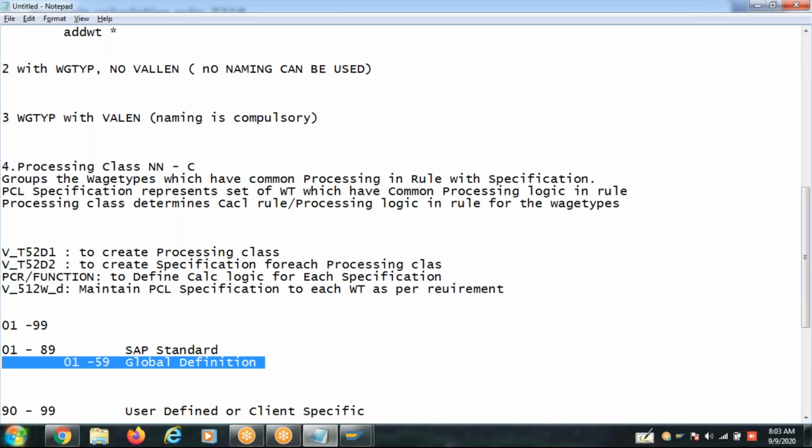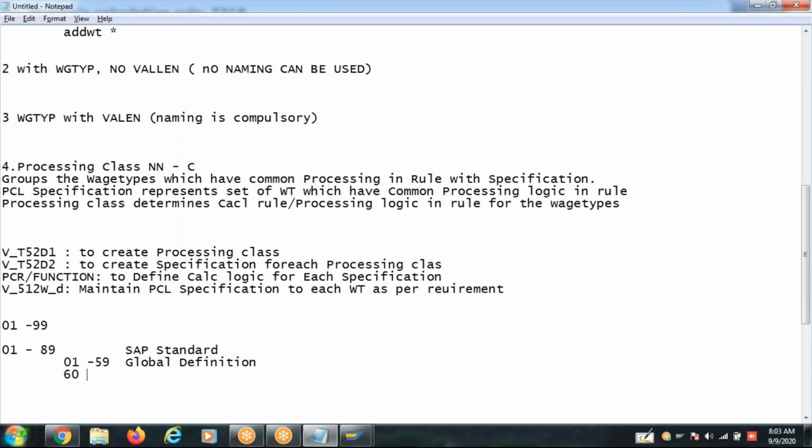Now, 60 to 89 are used for country specific calculations. Clear?